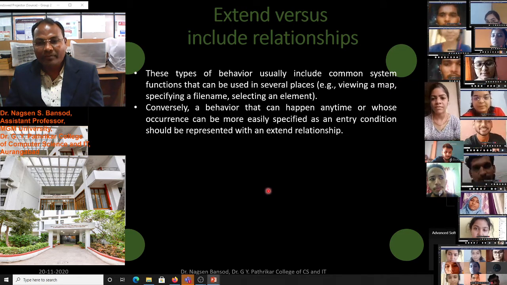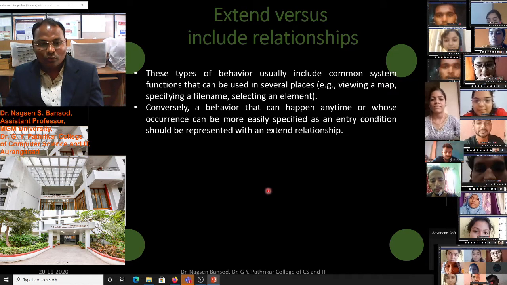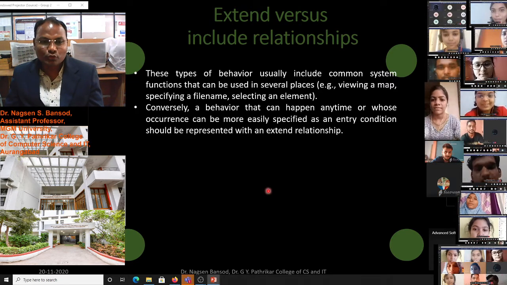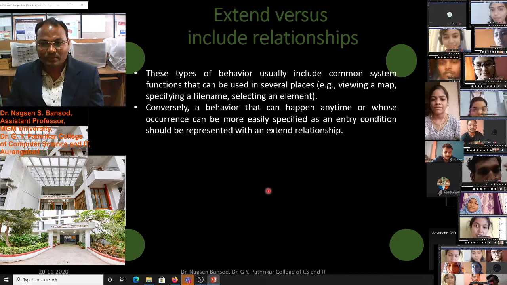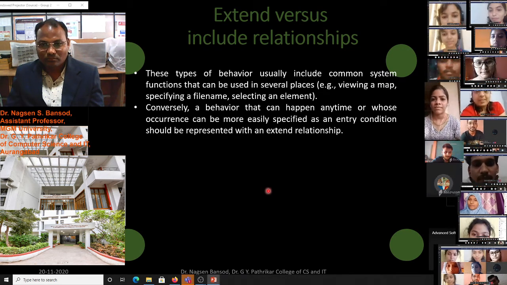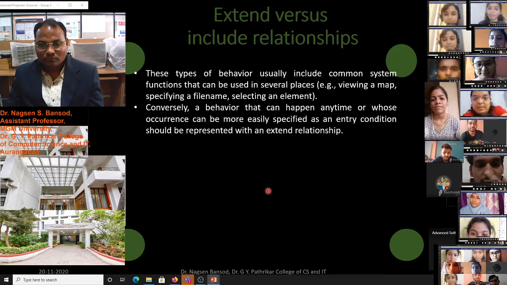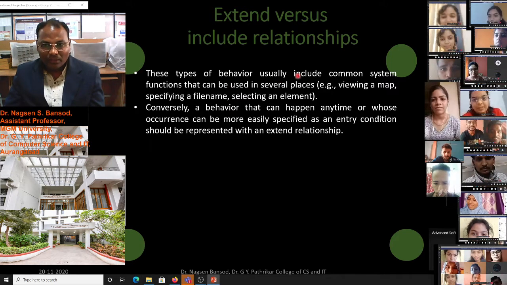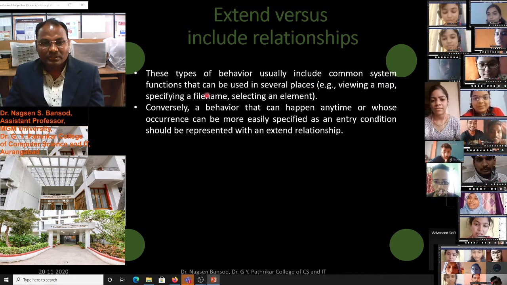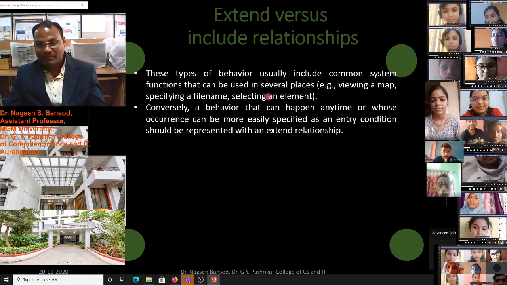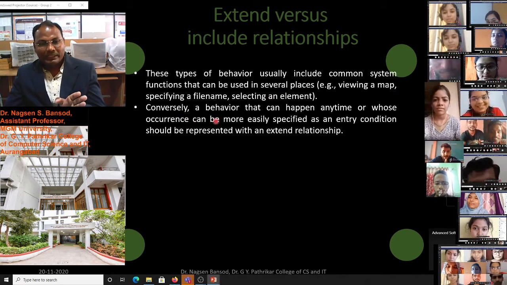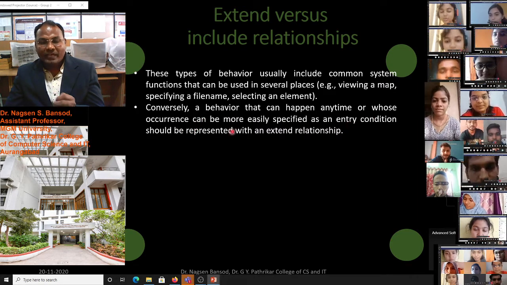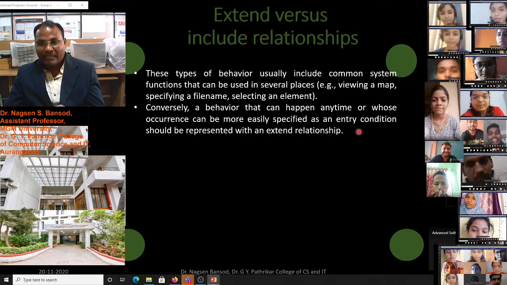Conversely, a behavior that can happen anytime, or whose occurrence can be more easily specified as an entry condition, should be represented with an extend relationship. In an include relationship, a common function can be used in several places like the map, but in an extend relationship, occurrence can be more easily specified as entry conditions.